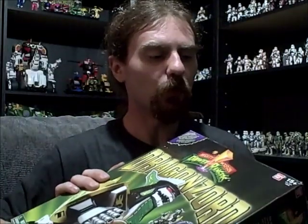And mine was actually packed pretty well. There are some dings in the box, like the corners and stuff, which I don't care about. I'm going to keep the box and everything. If you have the Legacy Megazord, it's definitely worth picking this up. Or if you don't have it, and you're just a big fan of Green Ranger stuff,